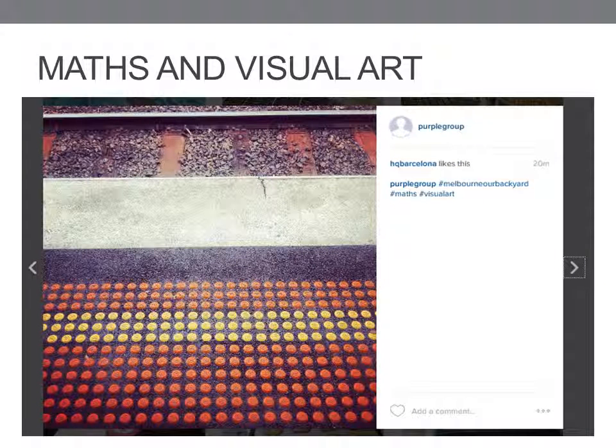This next photo is one of my favourites. Looking at it from a mathematical point of view, you can see its usefulness in terms of looking at parallel lines and symmetry, even arrays of objects and problem solving. From a visual art point of view, you can think of the meaning behind this photo. For me, it symbolises waiting.